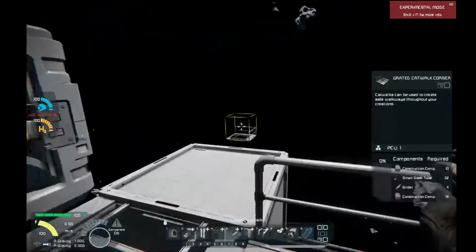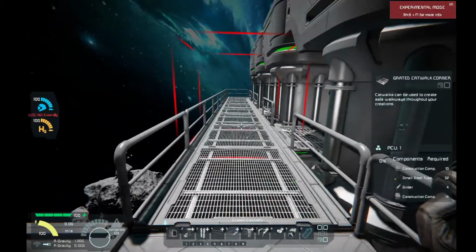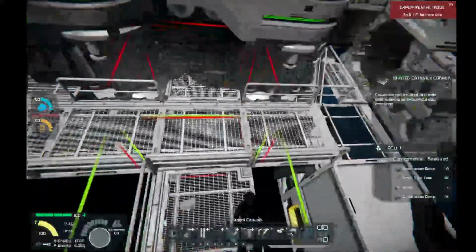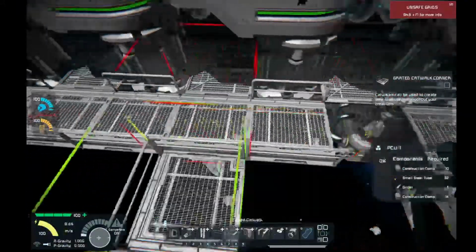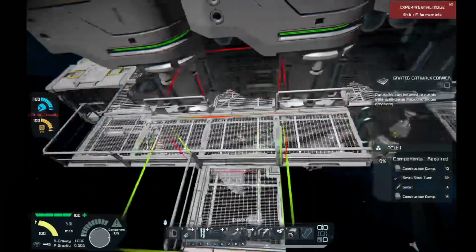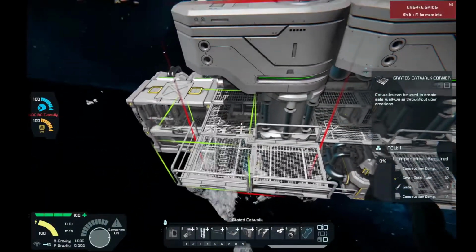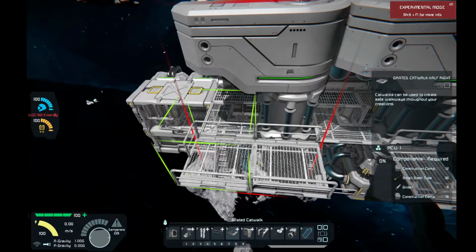Now, the only problem I have now is I just realized I kind of messed up here because I've got to put a walkway in here to where I can bounce off this thing. See, the walkway I need in here right now